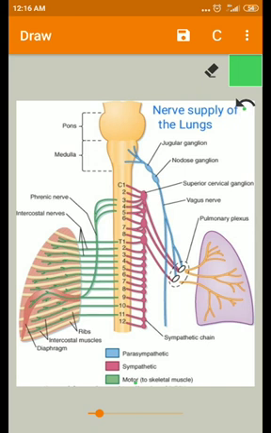So for the sympathetic fibers, here you can see all these fibers from the spinal segments. Each fiber will have a ganglion. All these together are called the sympathetic chain. The sympathetic nerves are derived from the spinal cord segments T2 to T5, which are supplied to the lungs, and these are inhibitory to the smooth muscle and glands